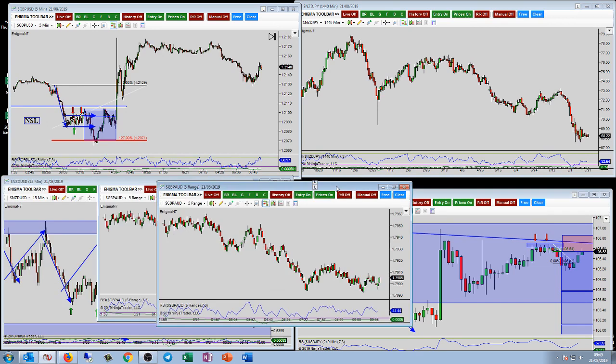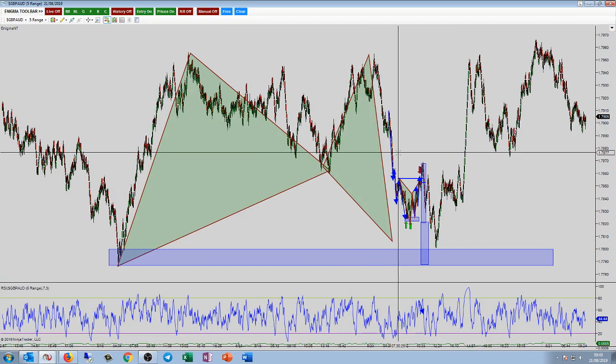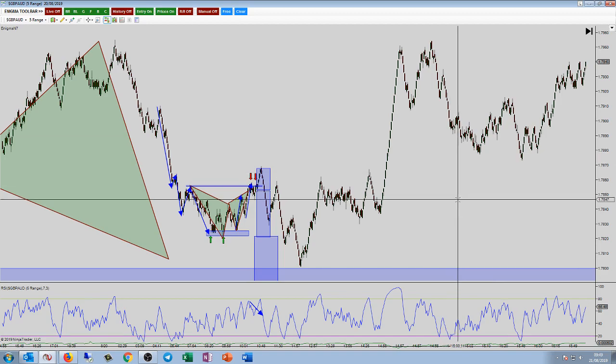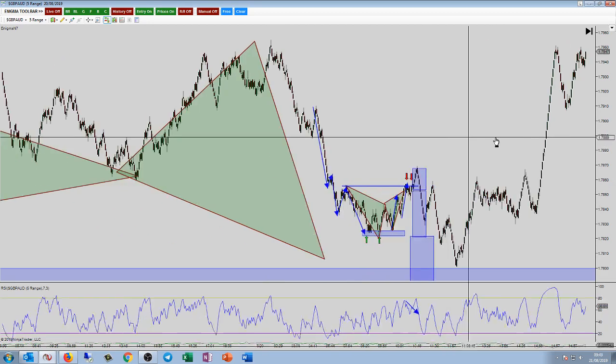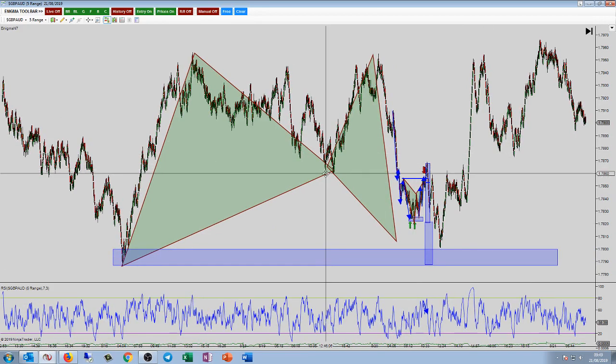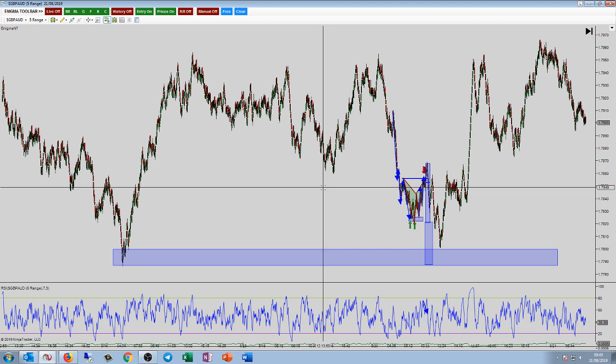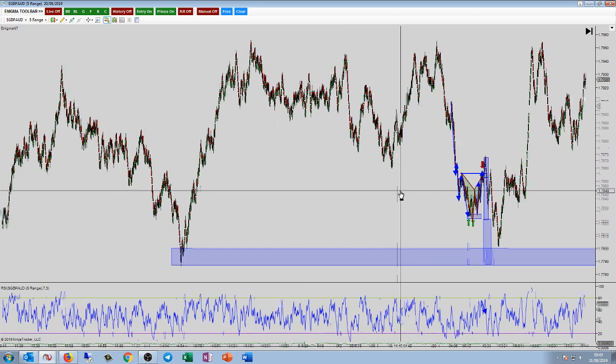Pound Aussie. Pound Aussie was interesting because I spoke about a couple of things actually. Okay, so from the workings out last time, there was this big bat pattern, and you could have actually used that based on higher time frame trend line structure, and I'll come to that in just a moment, but I'll delete it for now.